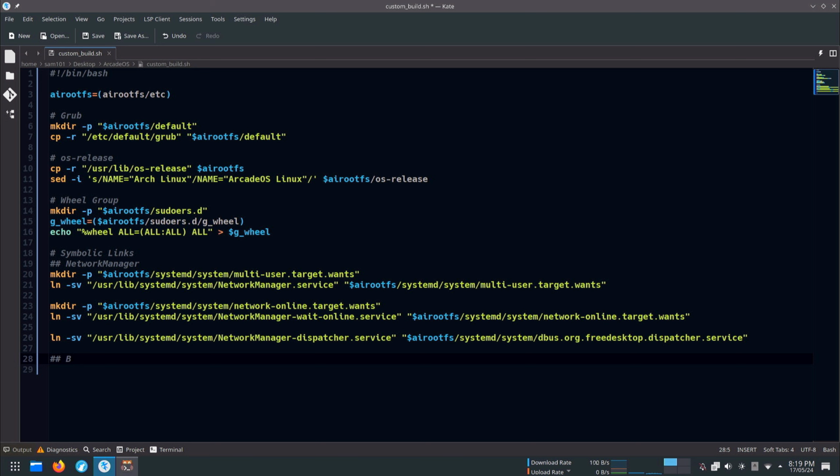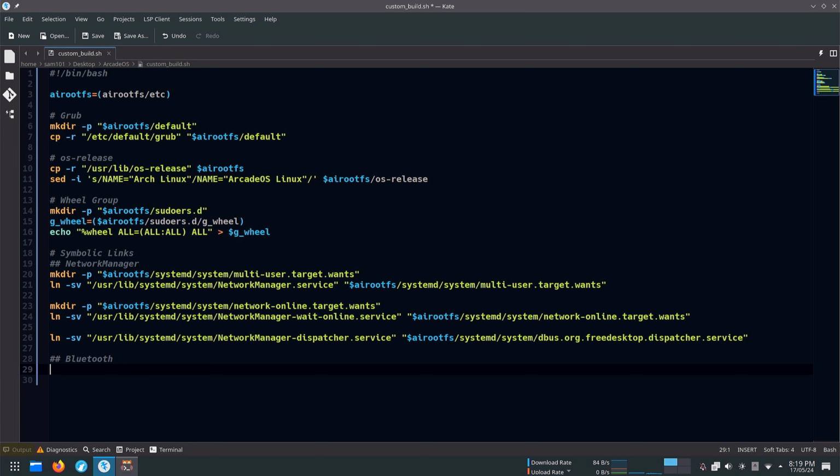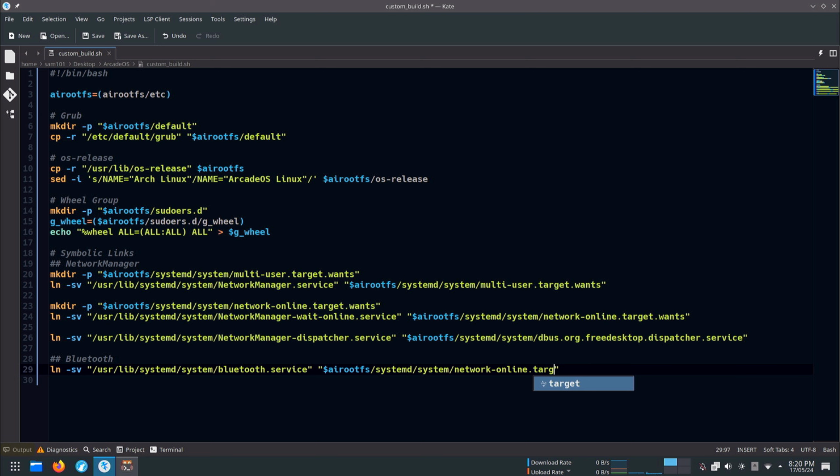Next is Bluetooth. We already created the network-online.target.wants folder. Our only job is to create a symbolic link of the bluetooth.service file inside the network-online.target.wants folder. Next is graphical target.